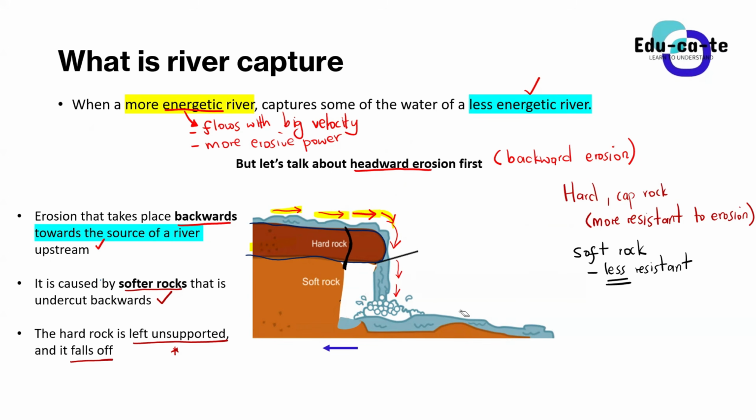But I wanted you to see how this headward erosion process occurs. How does water end up eroding something at its back, even though it is going in the front direction? All right. Are we together? Yes, sir. All right, awesome. So I'm going to save this video and separate it from the river capture one, because I wanted us to talk more about headward erosion first. All right.